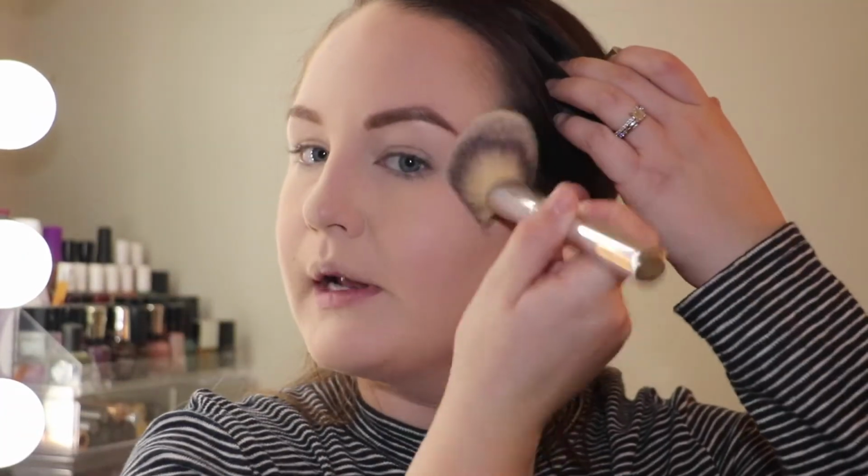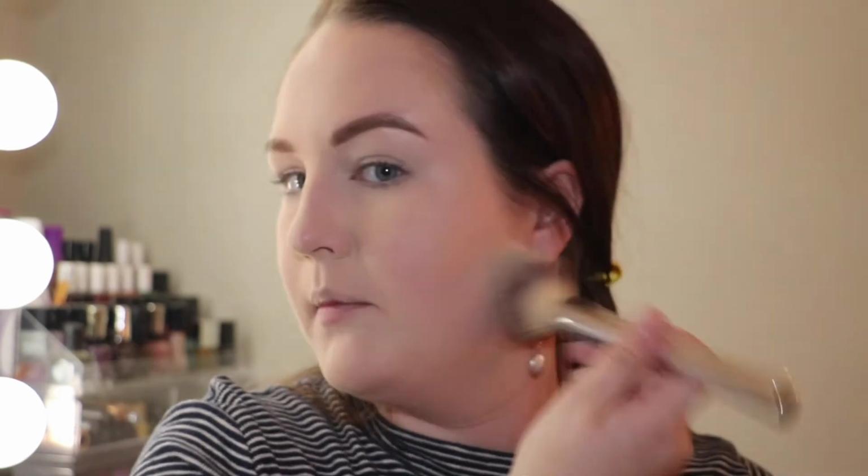If I ever have any extra powder left in the cap, I just go around the perimeter of my face and set it. Nothing too intense, I just don't want to waste product and don't want my makeup to move when I go in with the rest of my face makeup. So once all that has set in, and yes, I did put some Carmex on my lips,